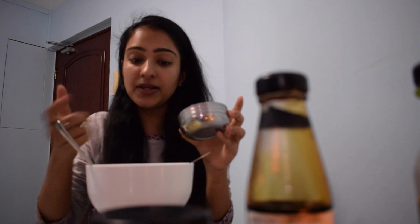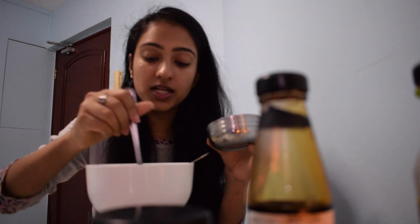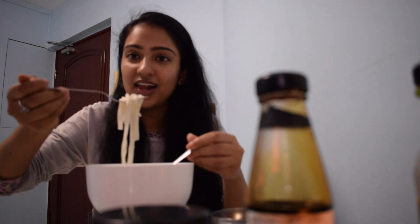It makes so much of a difference. Yes. This is exactly what we get outside. Well, not exactly. Their sauce is better, of course. But I love this. Oh my gosh. I was planning to initially put chili flakes in, but the peri peri sauce tastes better. I did put a little bit too much of the soy sauce because I could not control the flow. But hey, this is literally...